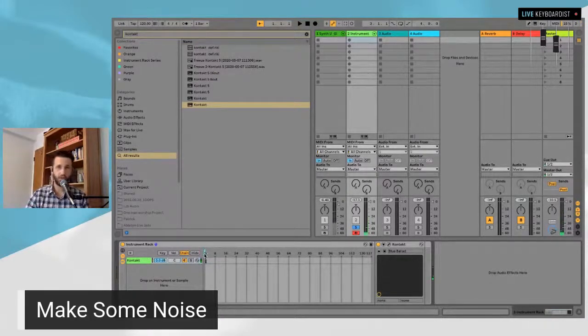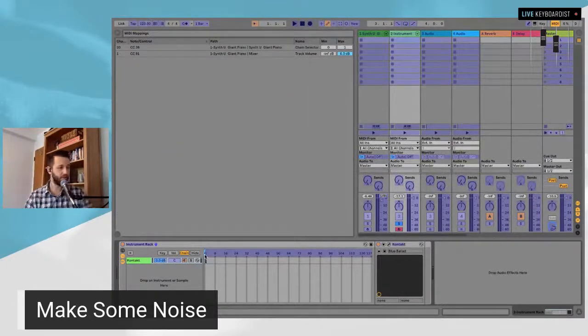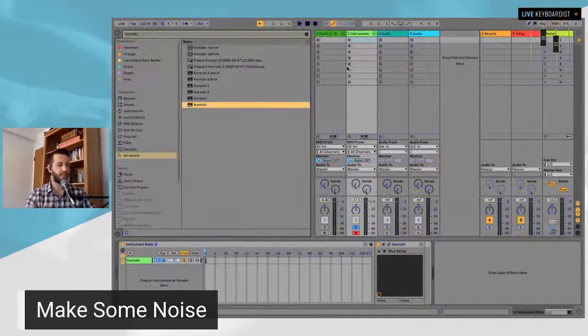So what we're going to do is we are going to map this setting here so that when I hit a button, it switches it over. And it's a beautiful thing. So we're going to head and enter MIDI mapping mode, and I'm going to click here and just hit a button on my controller, and we want to set the minimum to 0 and the maximum to 1 so that it sort of just becomes a toggle. So now when I hit the button, it turns on. When I hit it again,